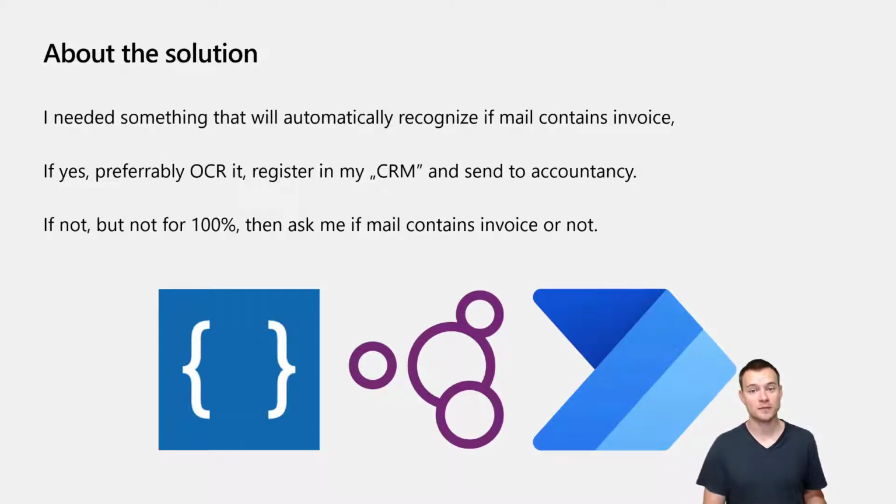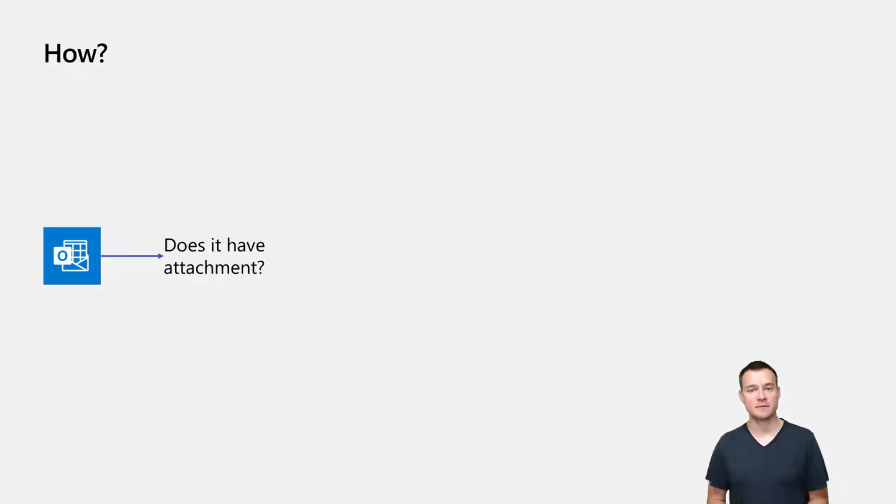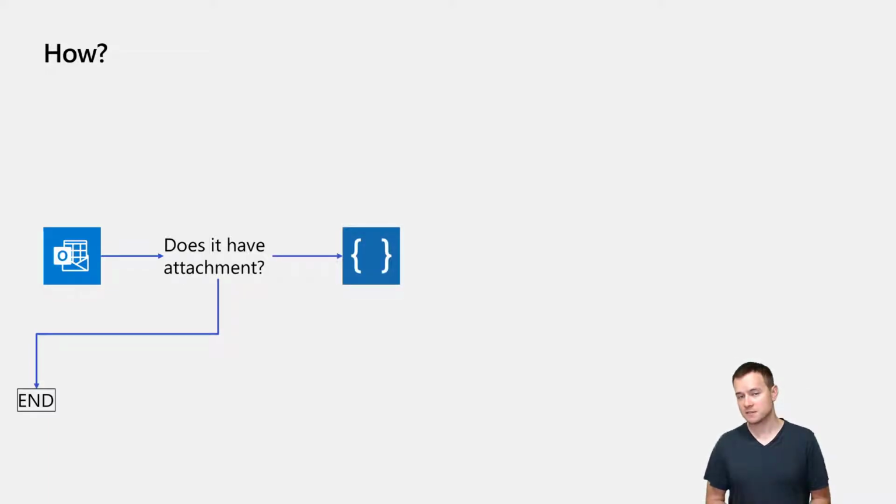So how is it built? First, once a new email arrives in my inbox, Power Automate is triggered, and it checks if that email contains an attachment, whether it's a PDF attachment or an image attachment. Now, if it doesn't, the process is over. Easy peasy. If it does contain an attachment, then the workflow takes the body of the email,